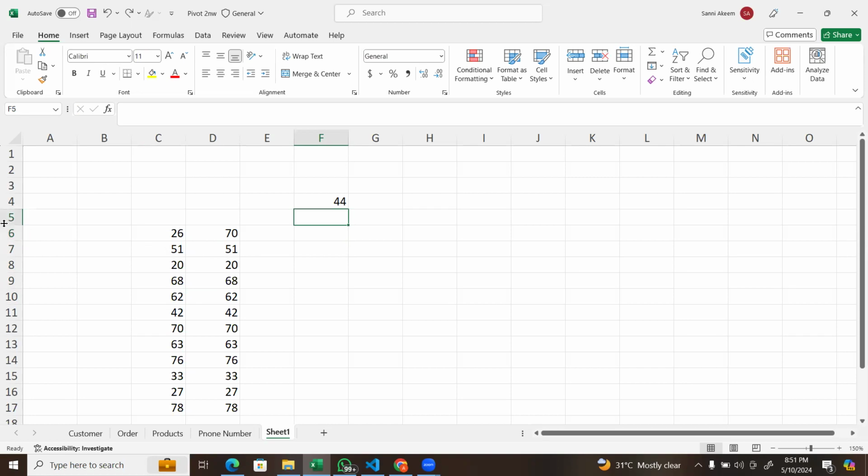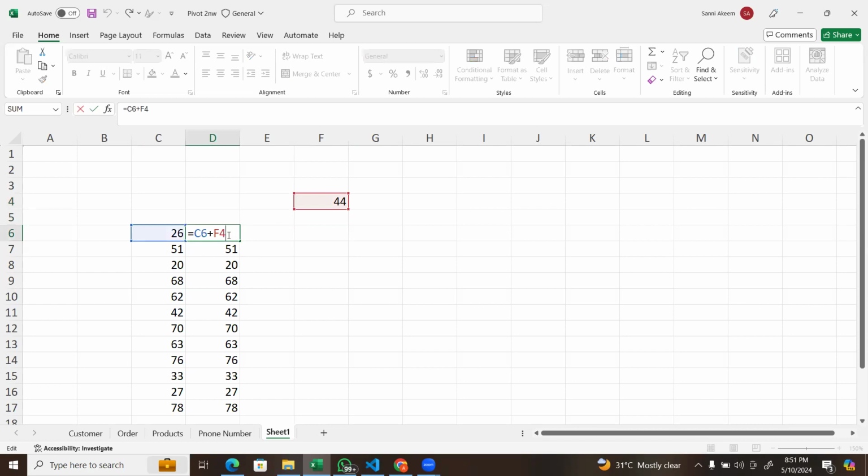But we don't want to do something like that. We want everything to be added to just 44 only. So how do we do that? How do you lock your cell, your row and your column? What we do is use our dollar sign,